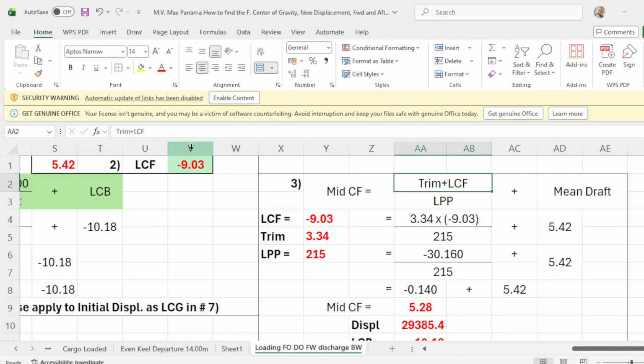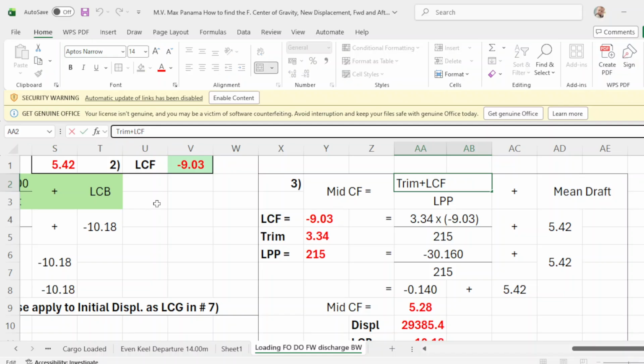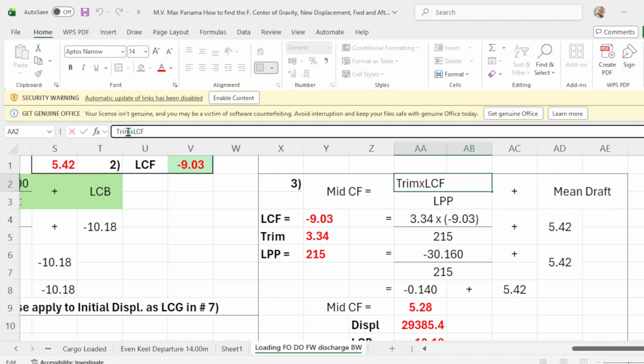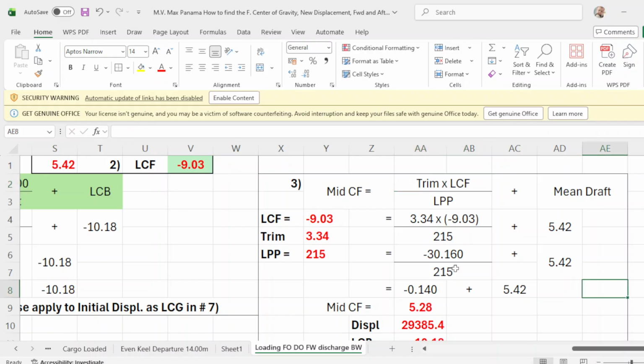Multiply. Should be x. Okay, that will be, check this one, make it space here and a space there. So your trim is 3.34 times your LCF of negative 9.3 over your LPP of 215, and your main draft is 5.42. Okay,